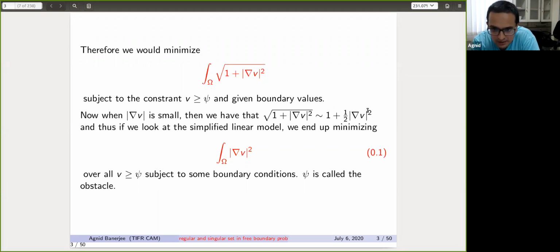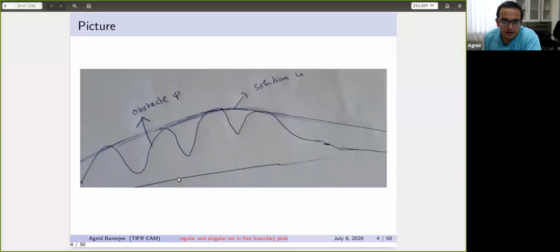This is kind of a repetition, but psi is the so-called obstacle. Although it may appear that this is a lot simpler because I have linearized it, practitioners in this theory know that once you are able to show that the gradient is Hölder continuous, or some basic regularity for the gradient, then the theory essentially linearizes. So it almost suffices to look at this linear model in that sense. At this point I cannot be precise, but hopefully it will be clearer when I look at further analysis. To further understand the situation, let's look at the one-dimensional picture.